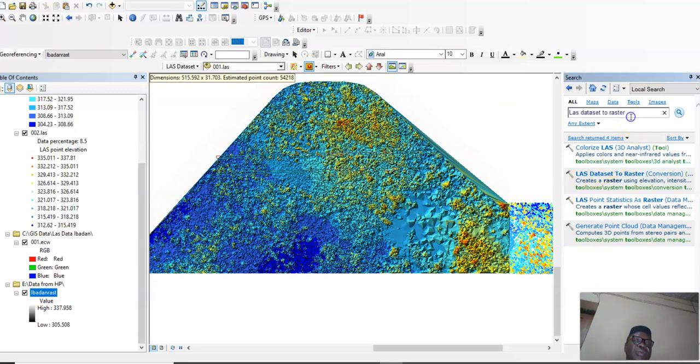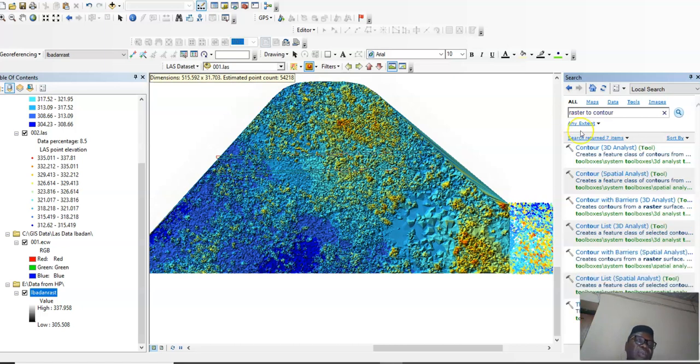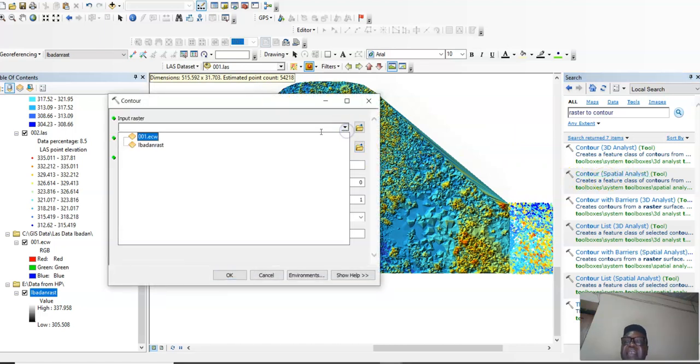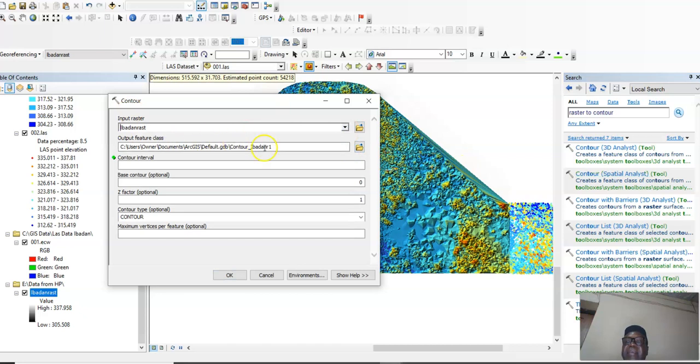You can also say raster to contour, and then it's going to give you how to create contour from raster data.